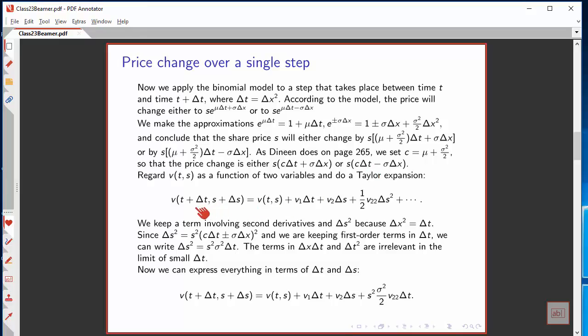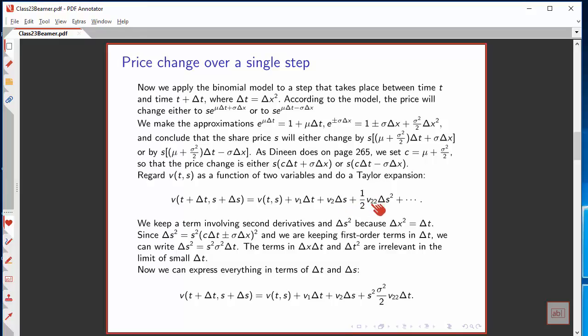Now I need a Taylor series in 2 variables. So if I want to approximate the value of the option at time t plus delta t and share price s plus delta s, I have one term involving delta t, and I'm using v sub 1 to denote the partial derivative of the function v with respect to its first argument, partial of v with respect to t, if you like. The subscript 2 denotes partial of v with respect to s, partial derivative with respect to the second argument, and